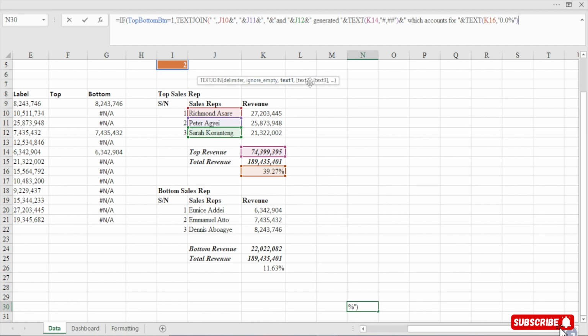Test 1. Concatenate with what? Of the overall revenue. So when I hit enter, you see what I'm trying to say, comma, with concatenate again.